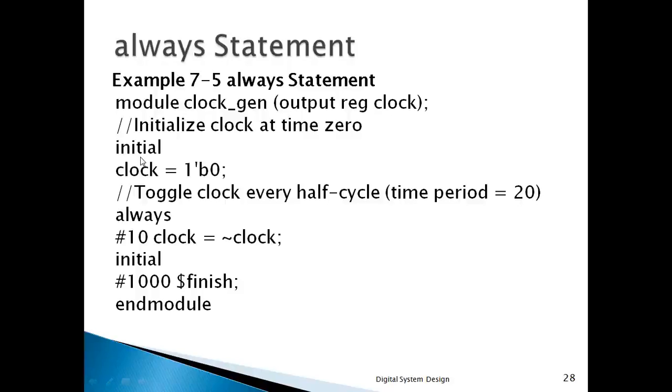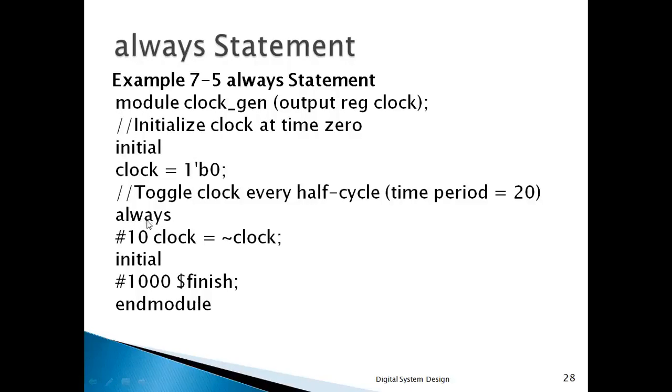Now an initial block is used to initialize clock at time 0. Here the clock variable is assigned the value 0. Now we have to design this clock, which toggles every half cycle, and the time period is chosen as 20 time units. Now here always is